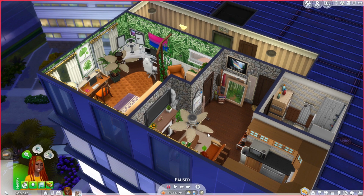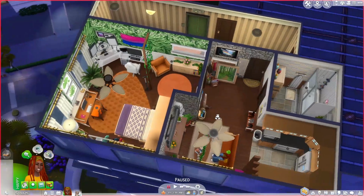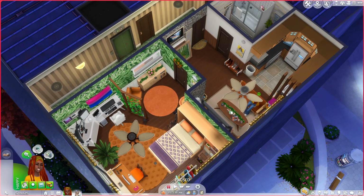But in case you skipped to the end of this video and didn't watch the speed build portion of why this apartment is being built for a teenager and where it's located, this apartment is located in the Fashion District right across from Penny Pizzazz's apartment at 1310 21 Chic Street in the Fashion District. But I will show you how to upload the apartment, but also where to find it on my gallery page. But overall, this apartment is for Hunter Novak, an independent teen living the lifestyle of an influencer, creative, actress soon to be,